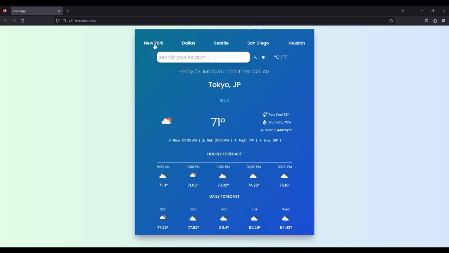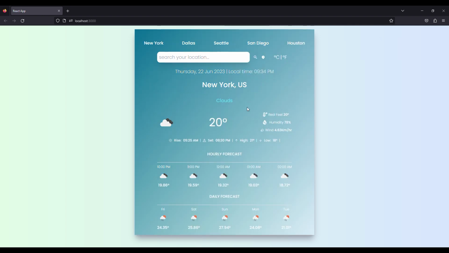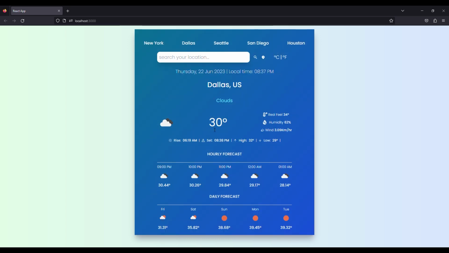menus. Like if I want the time or weather of New York, I can click New York, and let's see, Thursday 2023, and New York is 68 degrees Fahrenheit, and if I convert to Celsius, it is 20 degrees Celsius. And likewise, Dallas is 30 degrees Celsius, quite hot, and also you can see here it